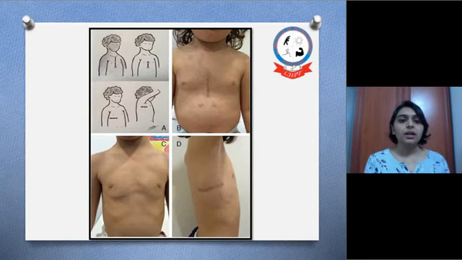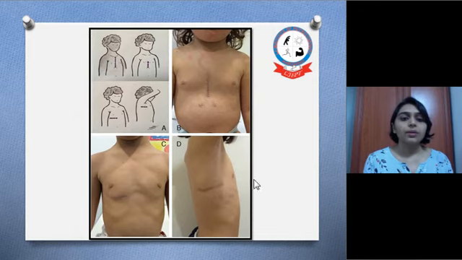Here we can see either a median sternotomy or anterolateral thoracotomy done in a child through the fourth intercostal space